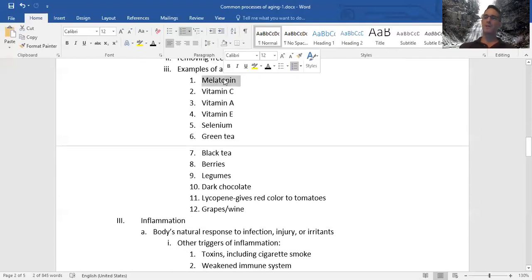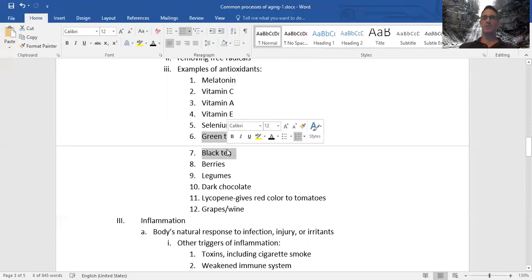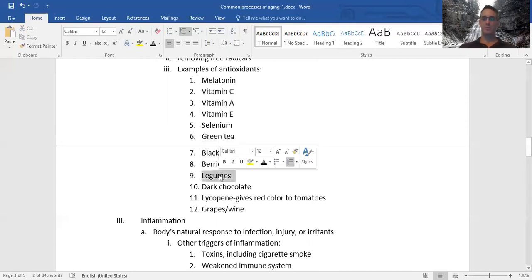The hormone melatonin is an antioxidant. Vitamins C, A, and E are all antioxidants. And some people will take huge quantities of these because of that. We'll talk about that in a moment. That's selenium, a mineral, green tea and black tea. And when I say antioxidants, these contain antioxidants. Berries contain antioxidants. Legumes, dark chocolate,